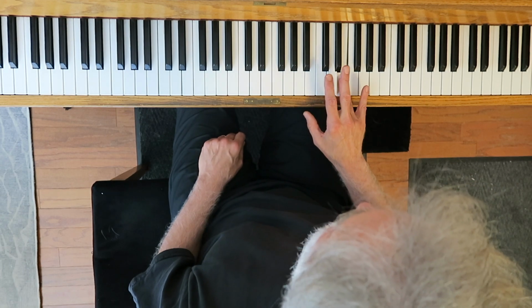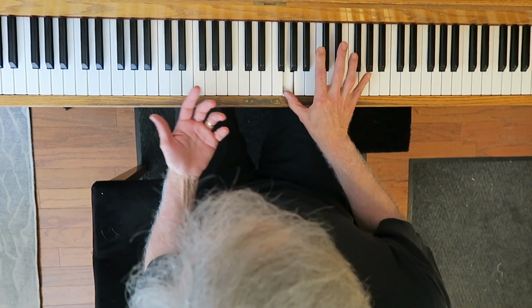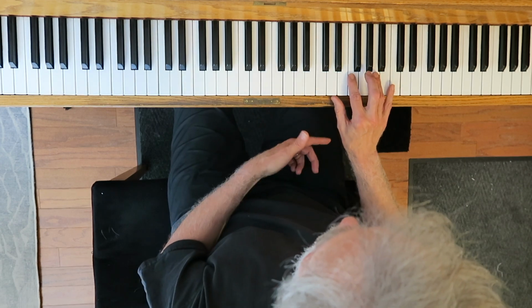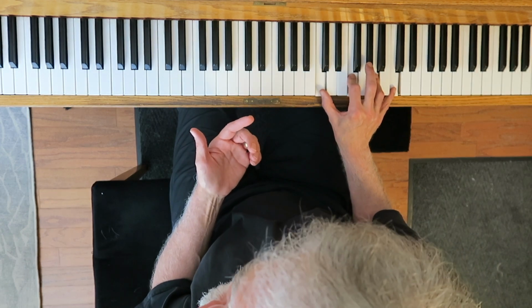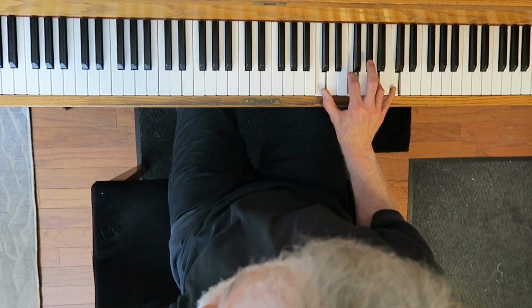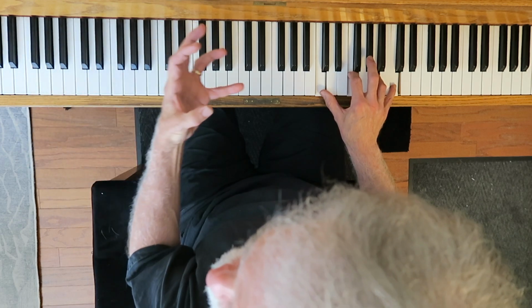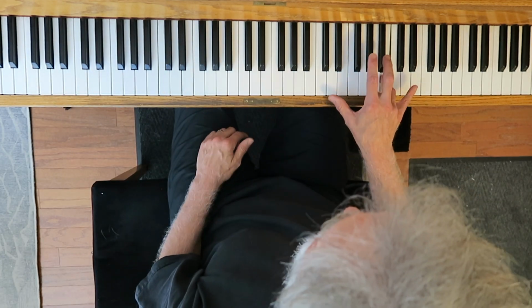second inversion triads. So I was starting on the E, G, E, C, G with an octave. And then when I went to my F chord, I did the same exact inversion. This gives cohesion to the listener. They hear it happening again in a different place, and it keeps them with you. So then the G,